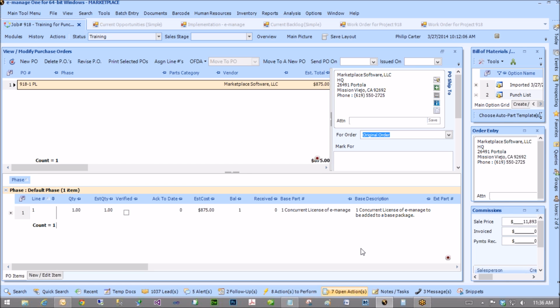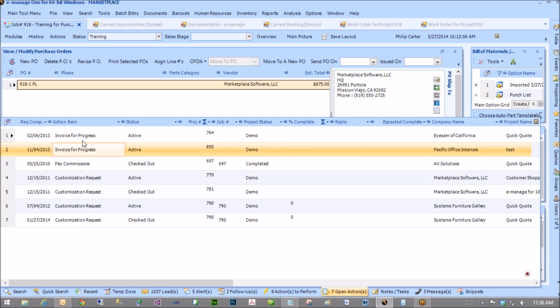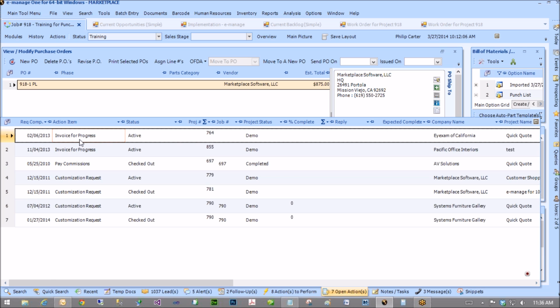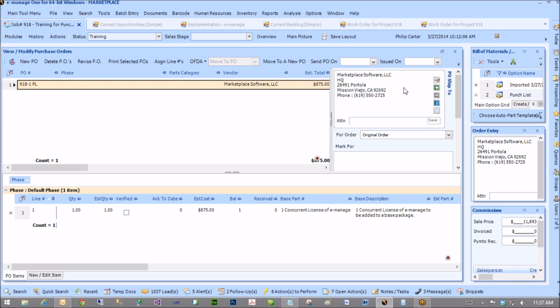Remember the list of action items, they sit there until they're done. So if you go in there and you haven't gotten a bill from your vendor yet or whatever, you just leave it sitting there. And it's your queue of things to do, right? It's not necessarily that they have to be done right now. It's your list so you don't forget things. So yeah, when the punch is created, I would definitely do some sort of action item to check the commissions